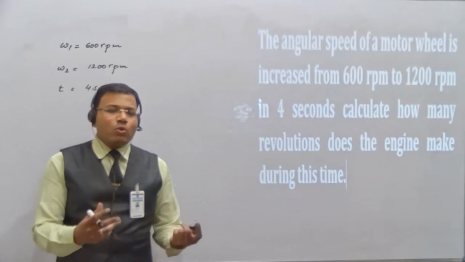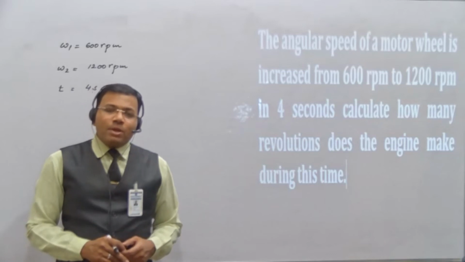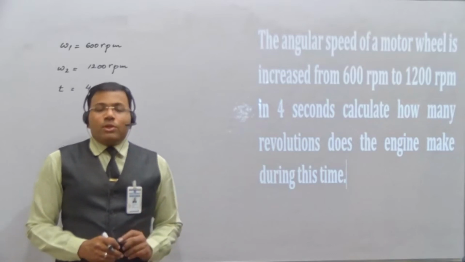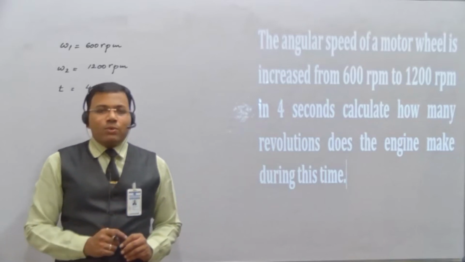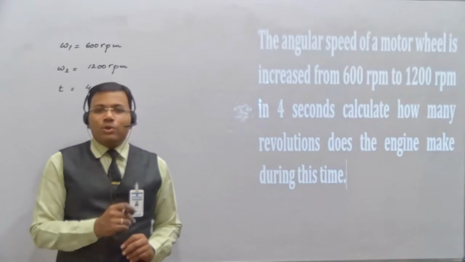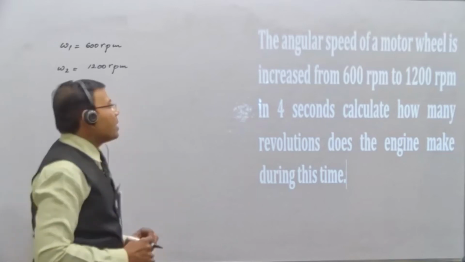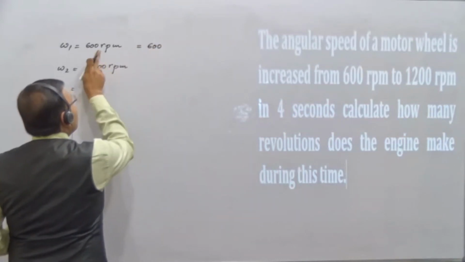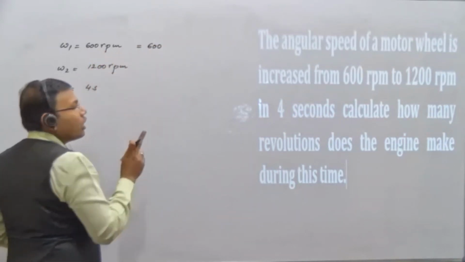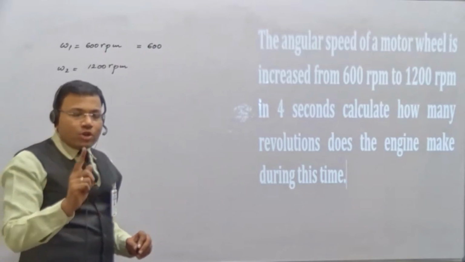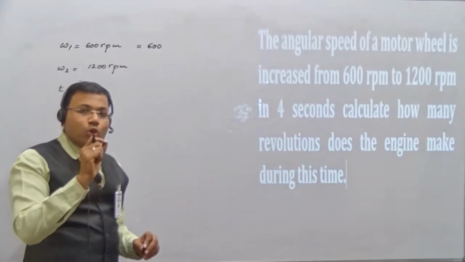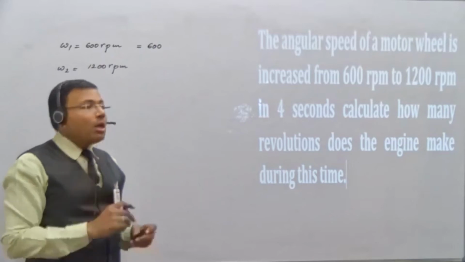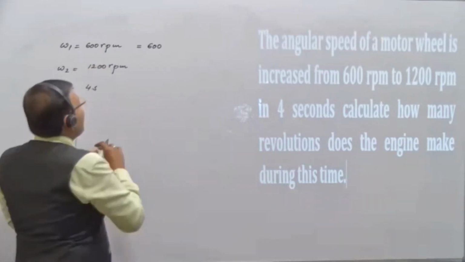Revolutions per minute, or rotations per minute. So here, when the units are not as per the SI unit, first we will convert them to SI units. Let me take this as 600 only. In order to convert rpm into radians per second, r means revolution, and one revolution is how much? It is 2 pi angle. So for revolution you will write 2 pi